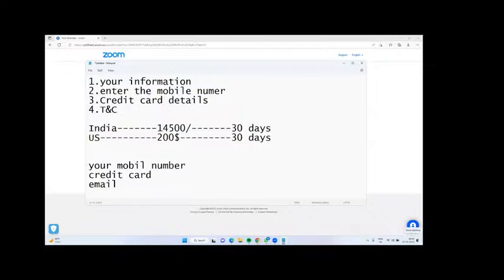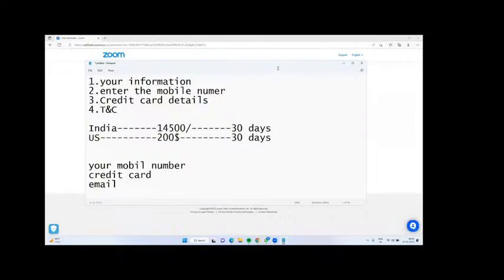These three should be changed. Even if one parameter matches, you will not be able to create another Azure free trial account. Feel free to ask me if you have any queries.